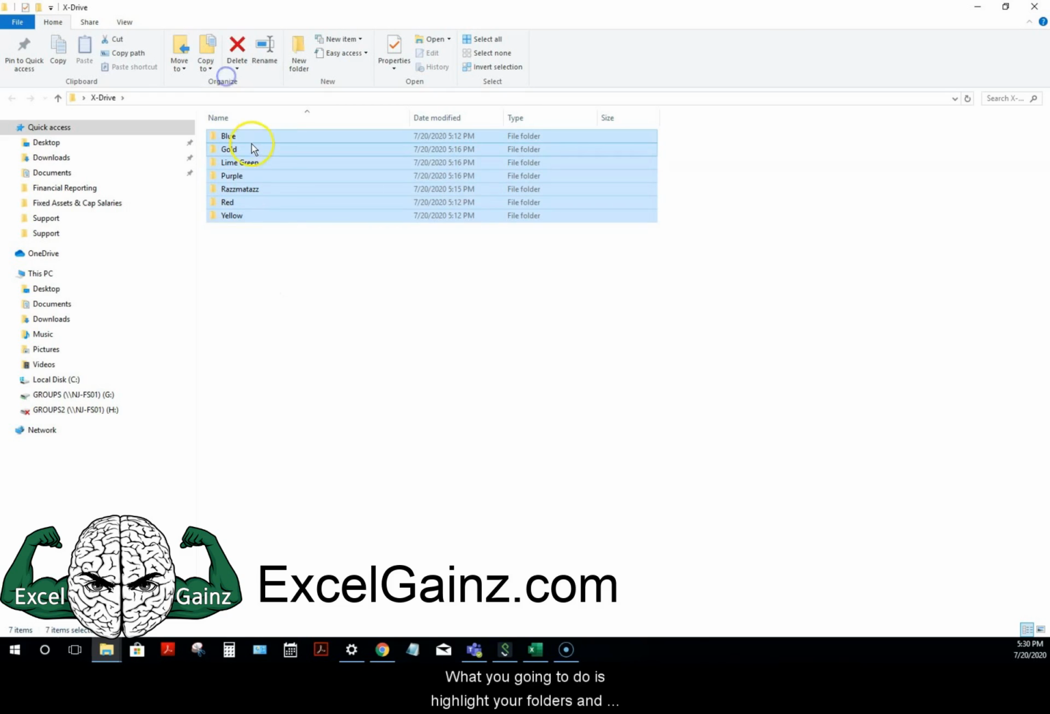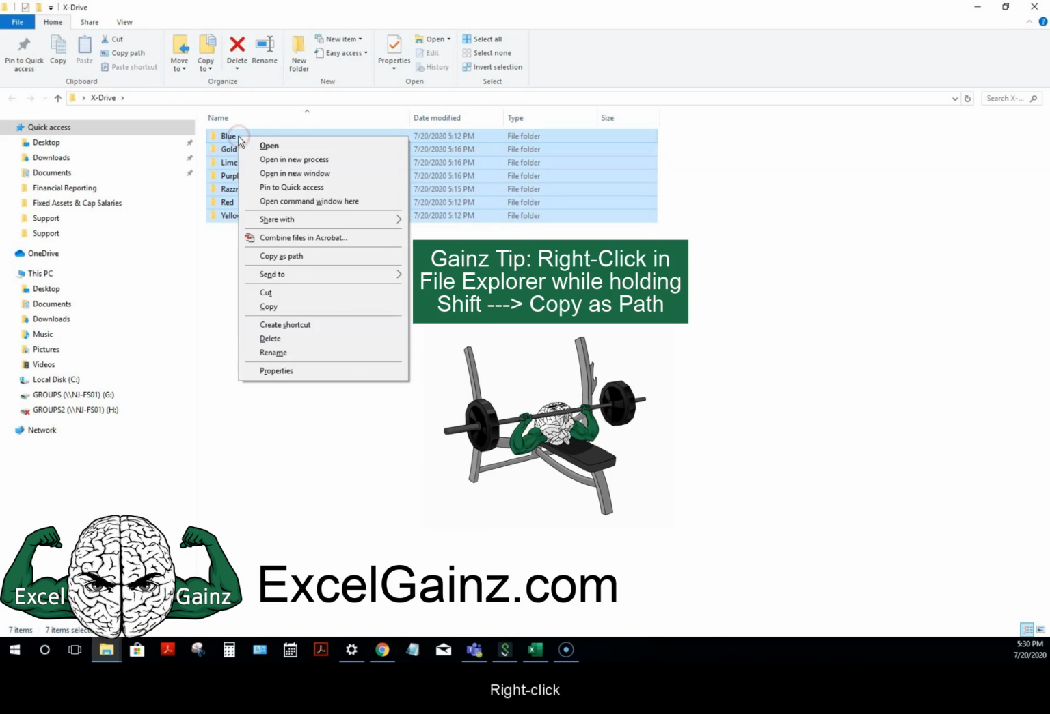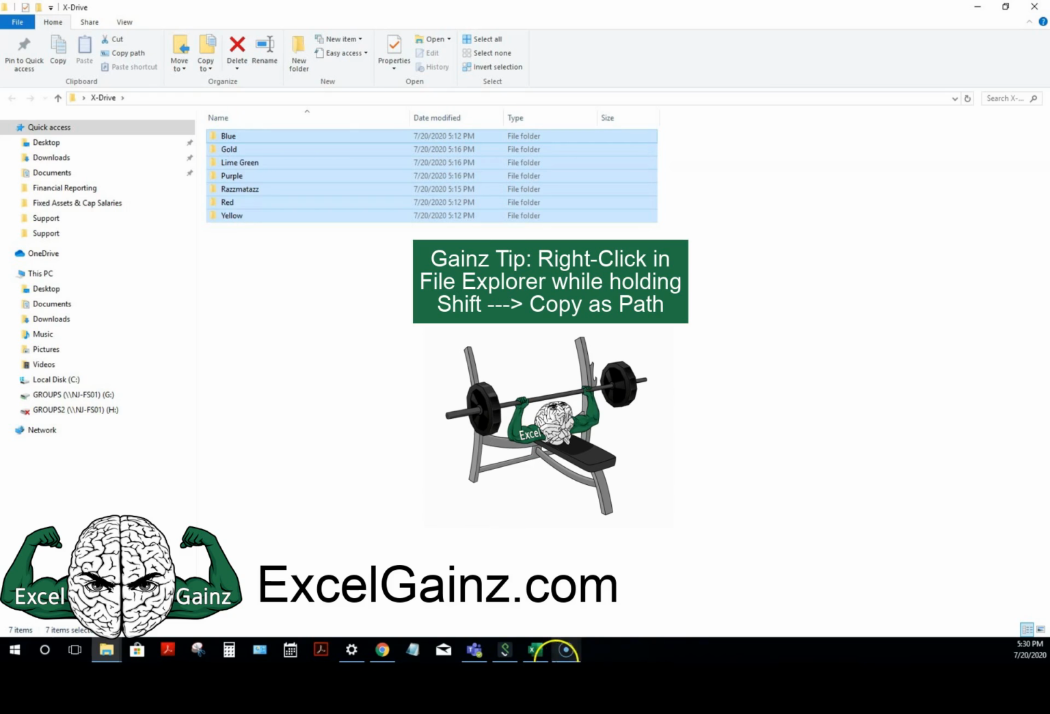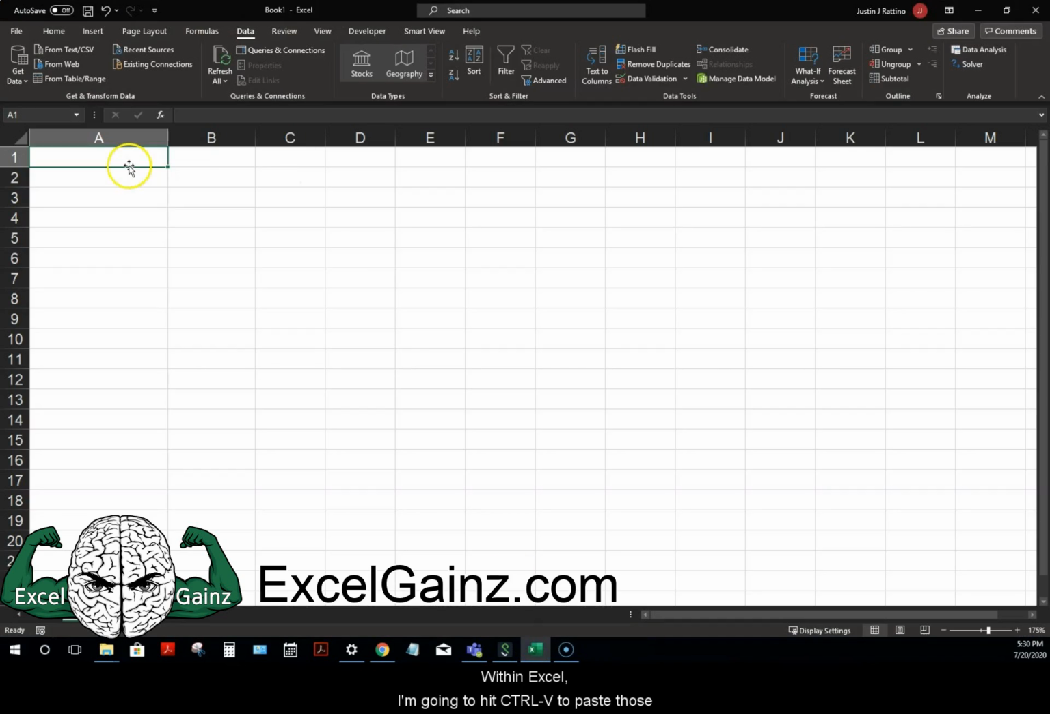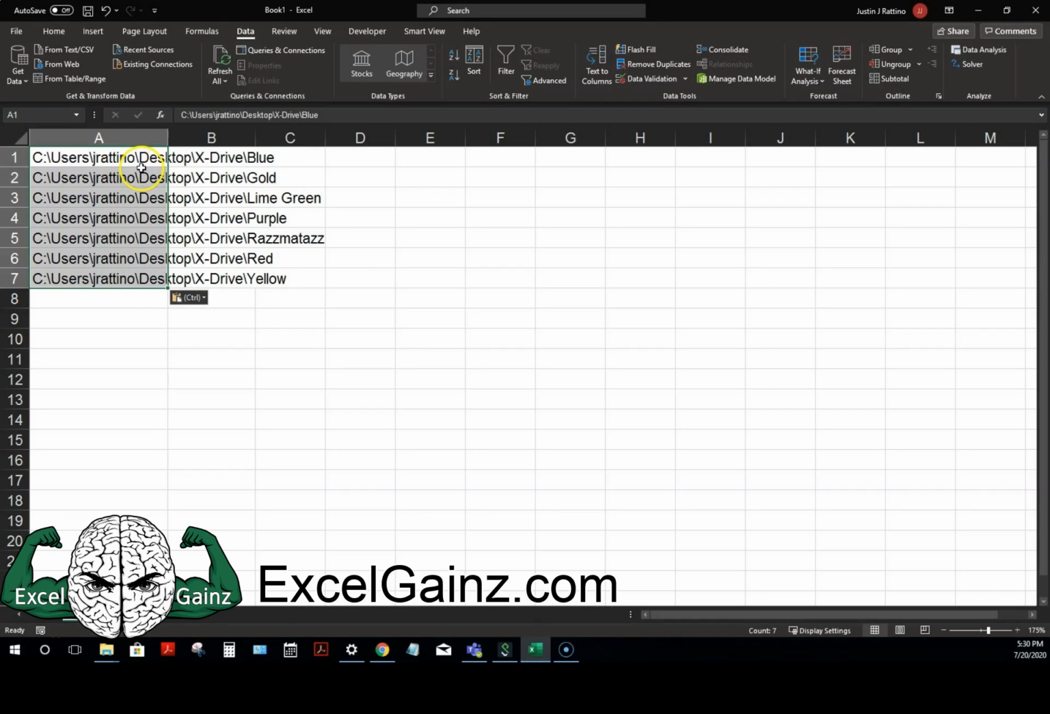So what you're going to do is highlight your folders and then hold shift on the keyboard, right click, and click copy as path. And then within Excel, I'm going to hit Control V to paste those. And the next step,